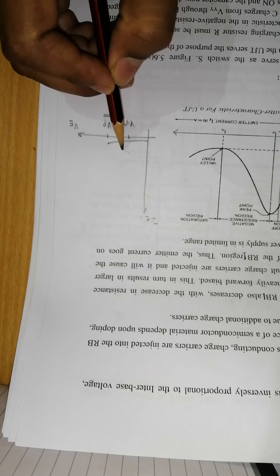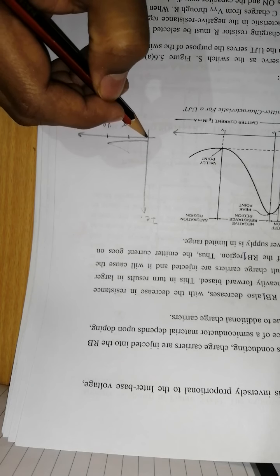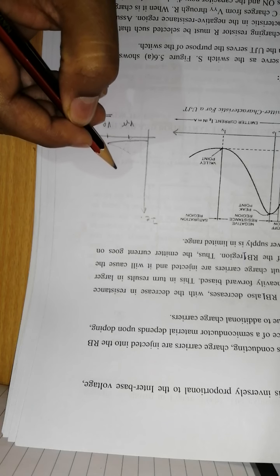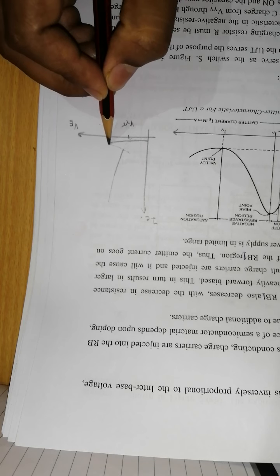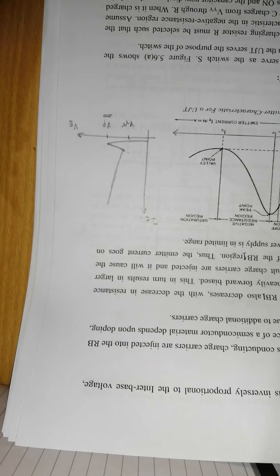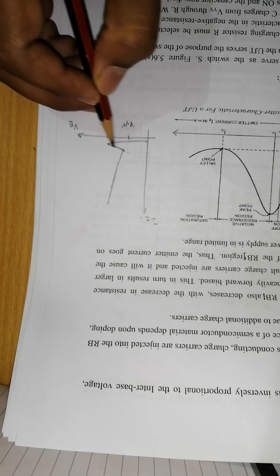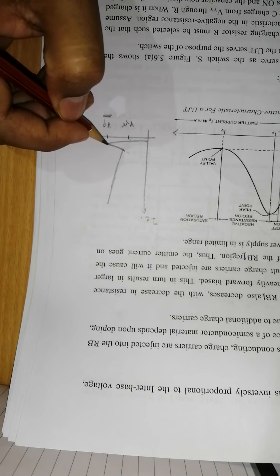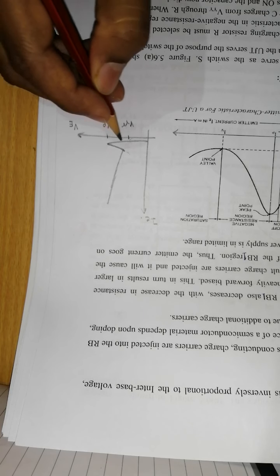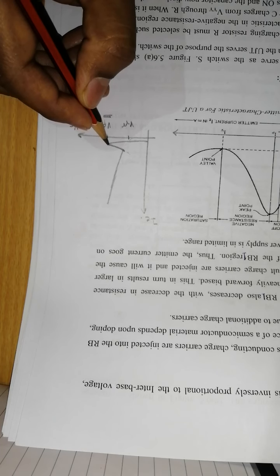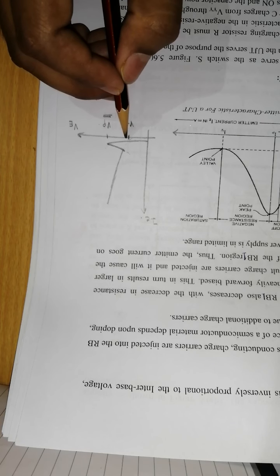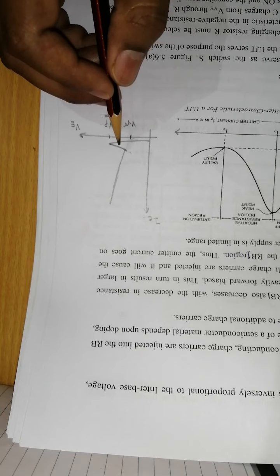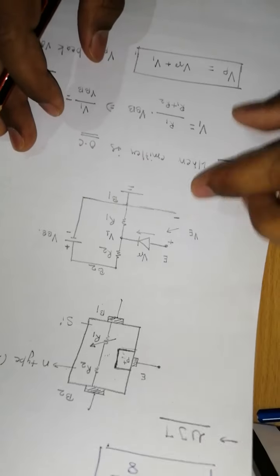And how will it look? As we know, after the UJT triggers, this is the characteristic. A heavy amount of current will flow in this manner. So why am I representing it this way, and why am I not plotting the current in this manner? It means that as the voltage reaches Vp, the emitter voltage suddenly decreases. How does the emitter voltage decrease? Now see, look at this parameter.